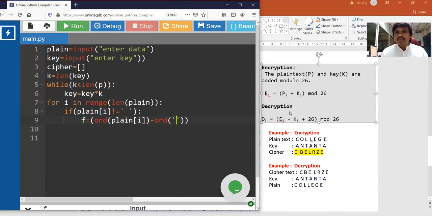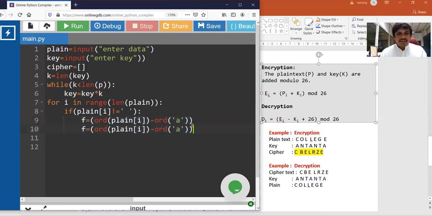In the previous example, I taught you with capital letters. Now I will deal with small letters, small a. This is how it is: plain of i ASCII value minus small a ASCII value, so that I will get back to indexes like 0 to 26. This is my first element, that is P of i. Plain of i has been converted to f.